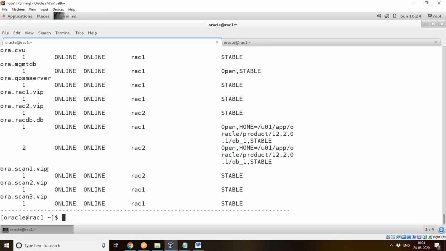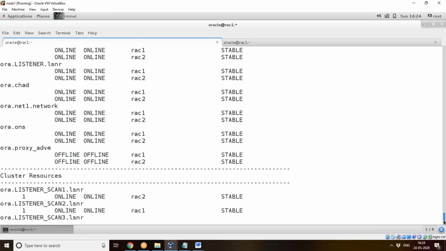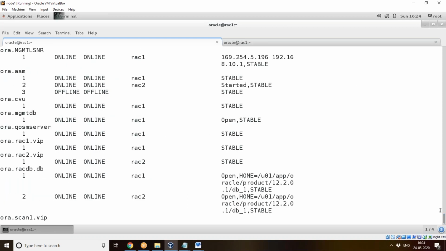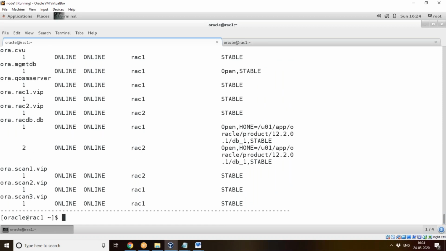Okay, the RAC scan VIPs are used here as the IP address, and there as the listener. In the form of listener, it is using scan 1, scan 2, scan 3 listener. So see here you can see listener scan 1, scan 2, scan 3. As a scan listener we call, and here we call as scan VIPs.